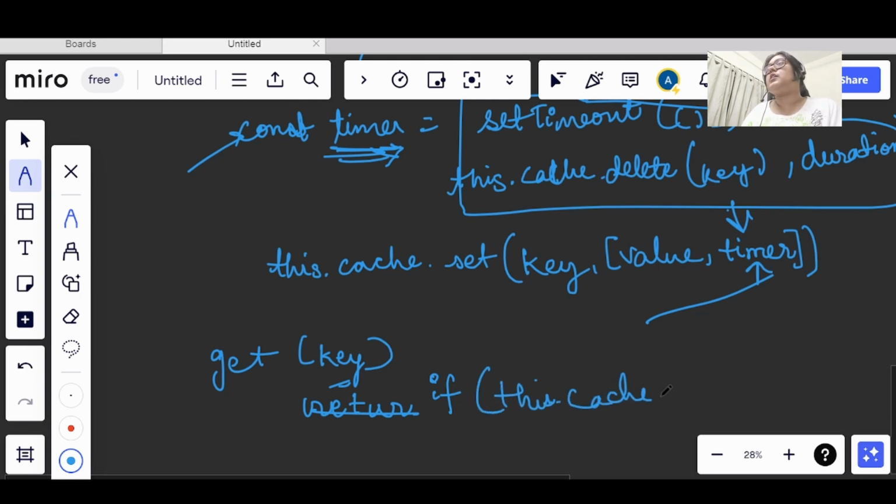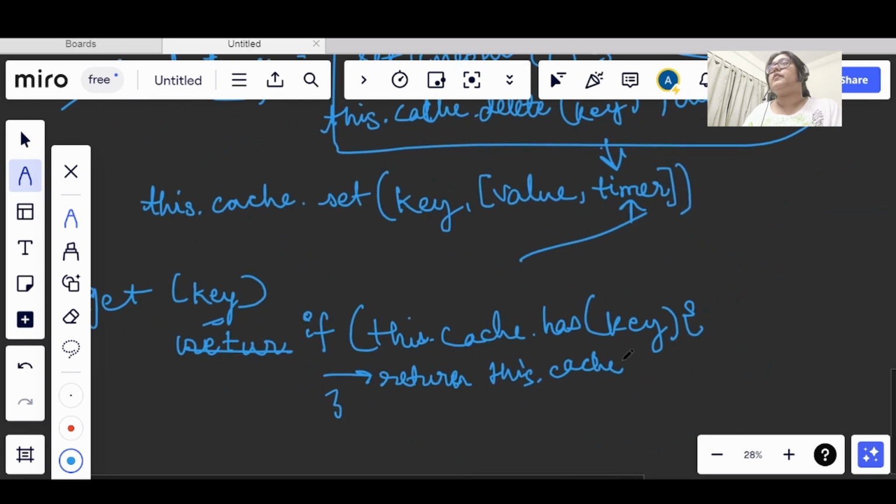If it has the key, meaning the key is not expired, then we will return this.cache.get(key). And let's say we haven't found the key here, then we will just return -1.